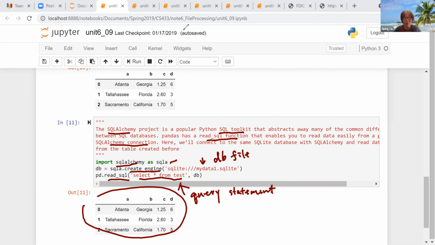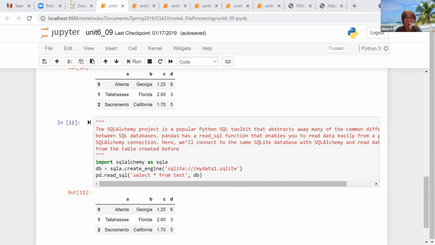Okay, so basically that's all of the information regarding file processing. So we are done with file processing, and today's class is going to be a short one. Okay, and starting